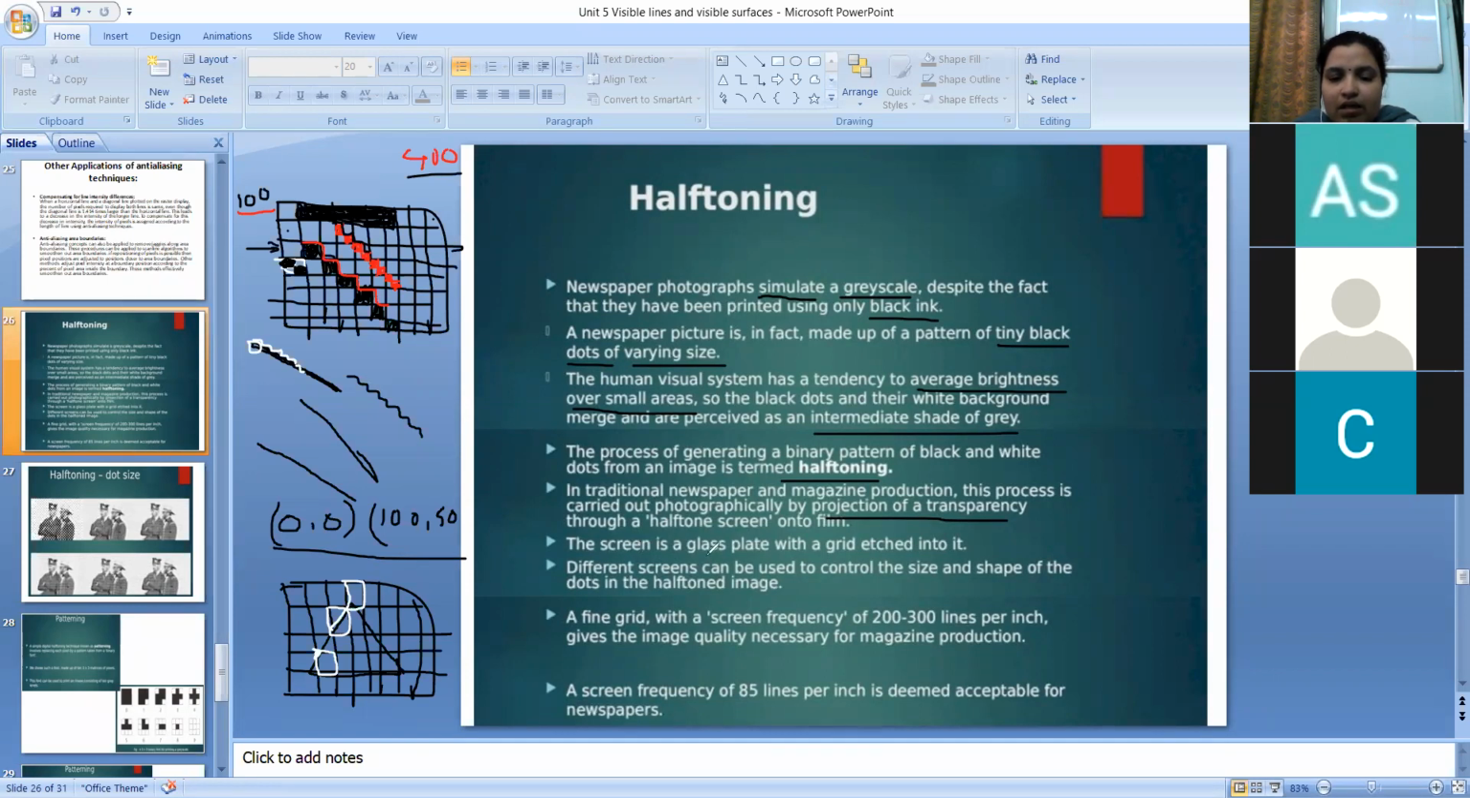That screen is a glass plate with a grid etched on it. So what is the meaning of it? Consider this is a glass plate and it has a grid on it, that is the larger black dots followed by somewhat smaller dots, which is again followed by again smaller dots. So the size of dots is getting reduced. So this is a glass plate,